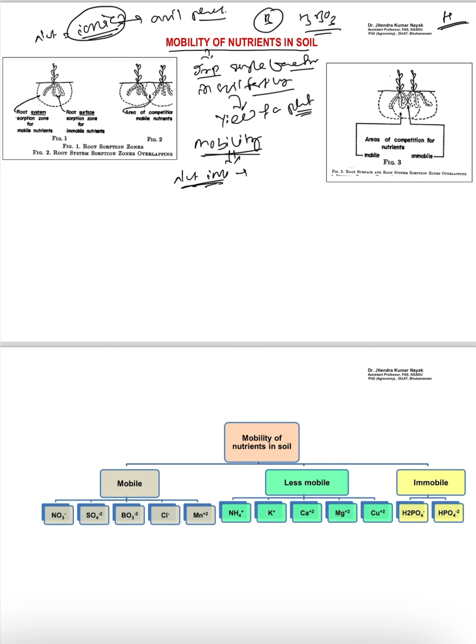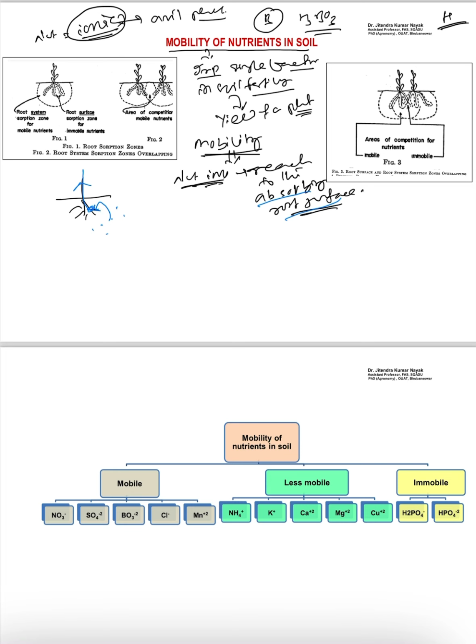And these nutrient ions should reach the absorbing root surface. That means if this is the plant root, whatever ions are present, these ions should reach the root surface. Which root surface? The absorbing root surface. Thereby these nutrients can be obtained by the plant. This is the concept. In order for nutrients to be available to the plant,